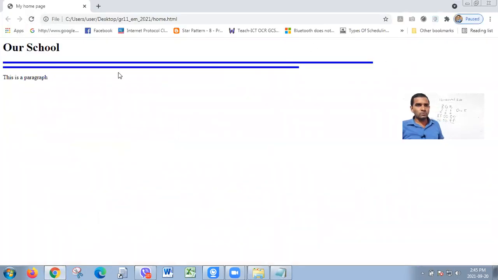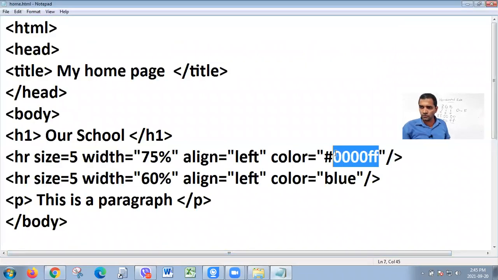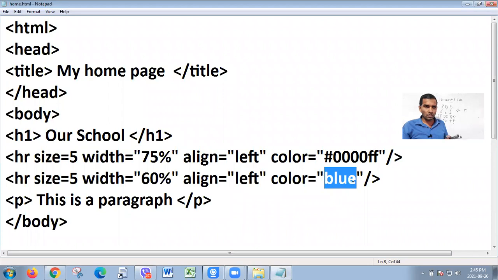See, you have two rules in blue color, but the first one is there because of hexadecimal color. The second one used the word, right? Both represent the same color, right? But look,